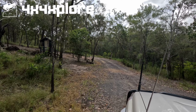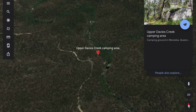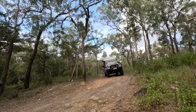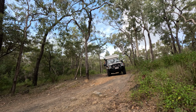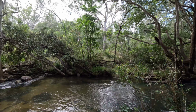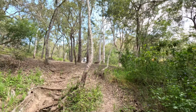We are still in the Atherton Tablelands and we have found a great camp spot at Upper Davies Creek campsite. Our camping ground for tonight, right next to the creek. Look at this, what a gem of a spot, absolutely superb. This is the kind of campsite we've been seeking. They're absolutely fantastic. And then our campsite is just there,